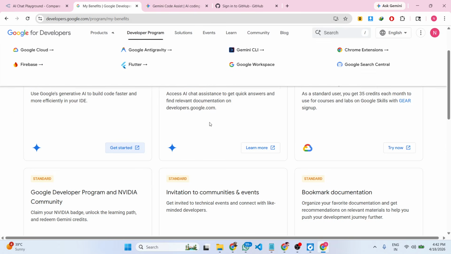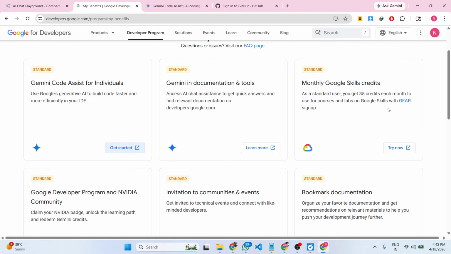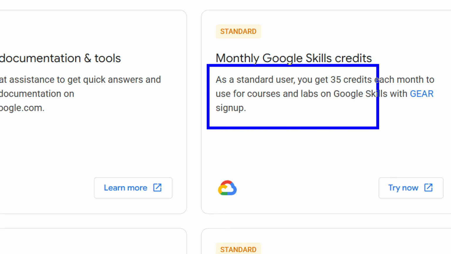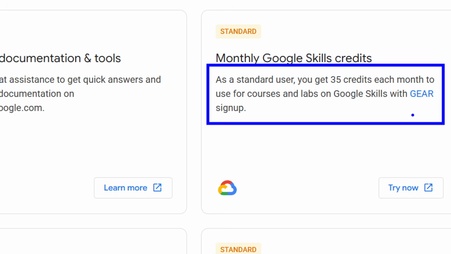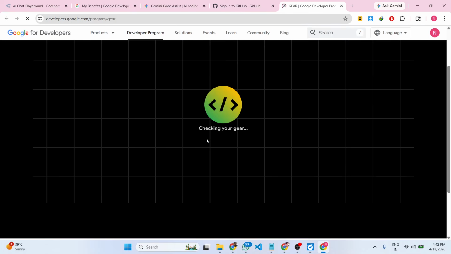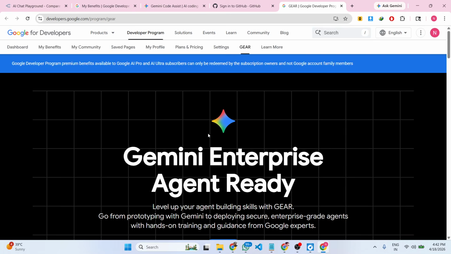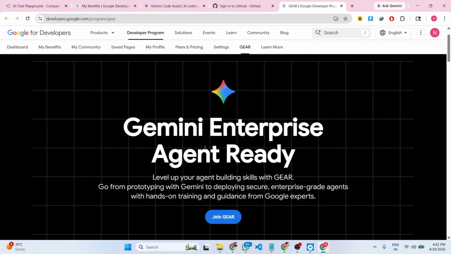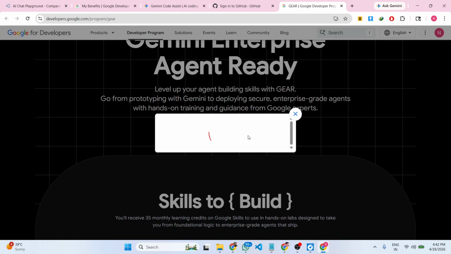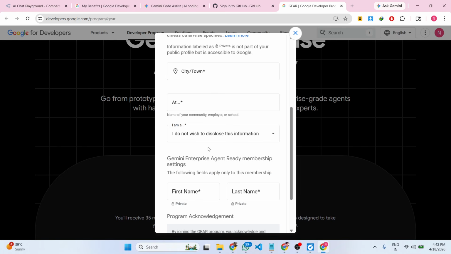Secondly is Gemini CLI, the CLI tool for creating applications, and then this monthly quota that Google gives you. As a standard user, you get 35 credits each month to use for courses and labs. Right here, you need to sign up for this GEAR program. Once you sign up, you get 35 free credits every month. Gemini Enterprise Agent Ready. Just click the join button, and as soon as you click, you will get 35 monthly credits. You click the become member button, fill out this information,